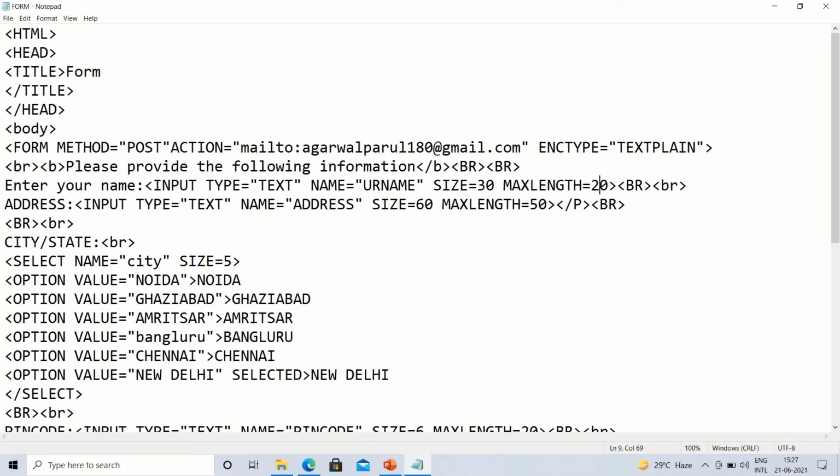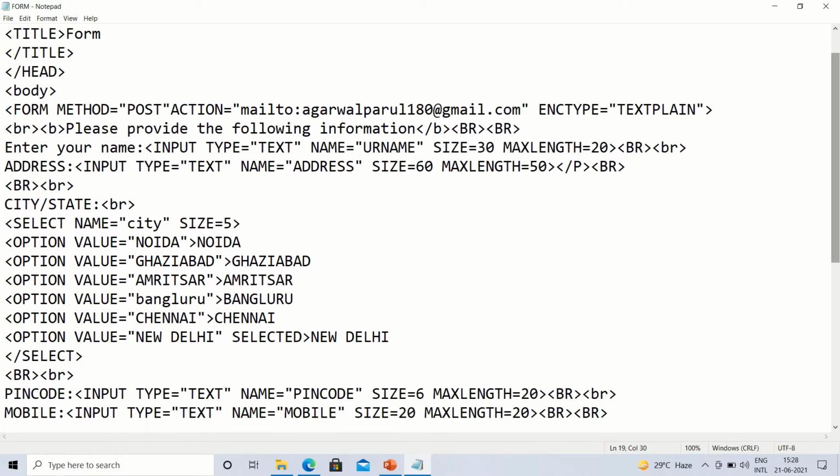Same way different options we can give, option values under the tag option and attribute value: Noida, Ghaziabad, Amritsar, Bangalore, Chennai and New Delhi. And then selected one, it means this particular one will be selected in the very beginning, and of the rest of the options, if we want to have another city, then we can select.